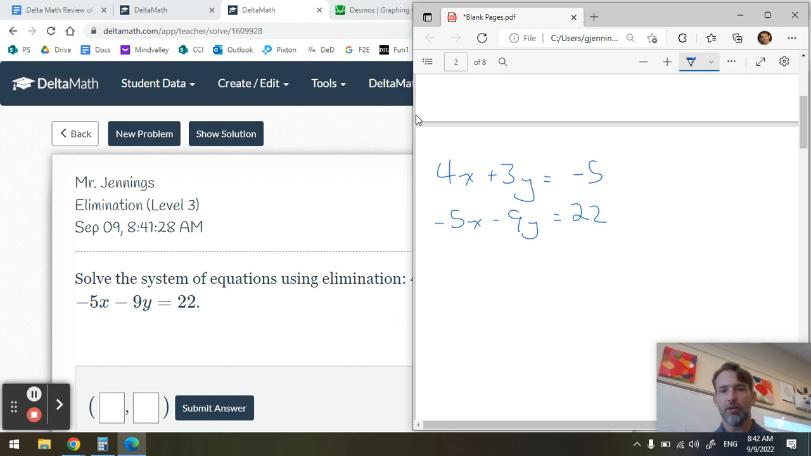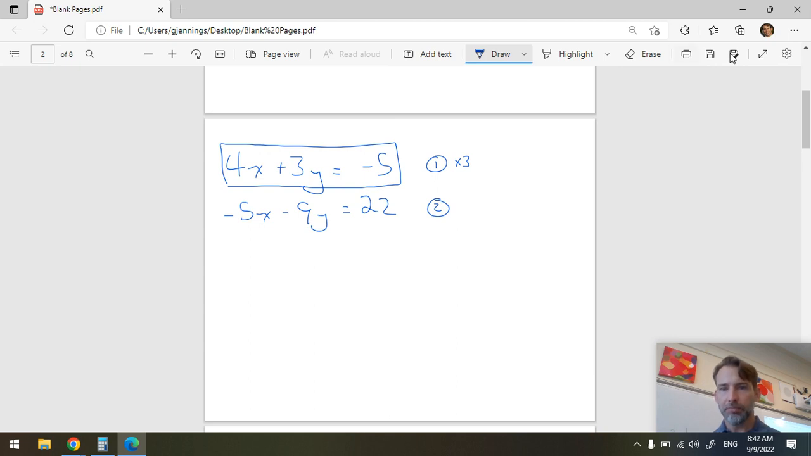But I can create that if I call this equation 1 and this equation 2, and then I create a third equation, which is I take equation number 1 and multiply it by 3. So I'm just going to take this equation and multiply everything by 3. I've noticed that then I'll have 9y, and that would cancel away this negative 9y. And that would be very convenient. However,